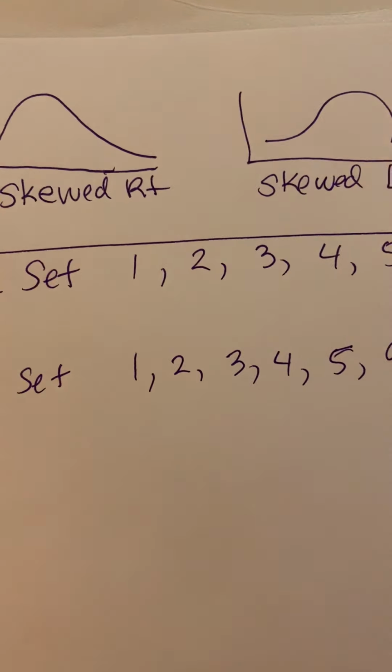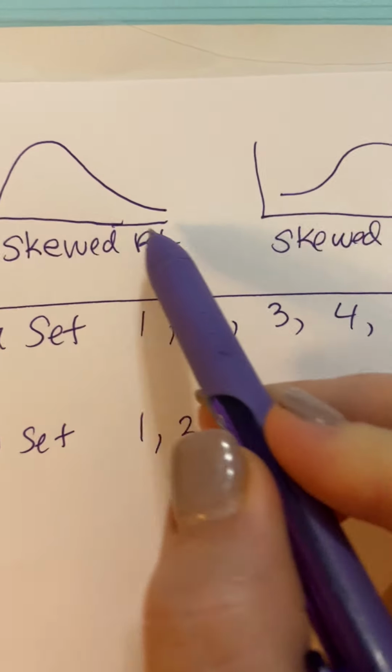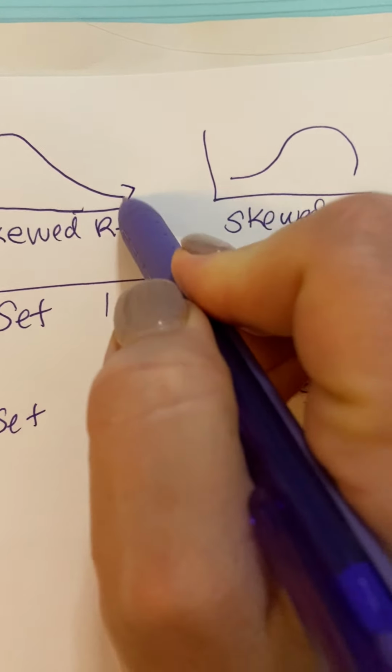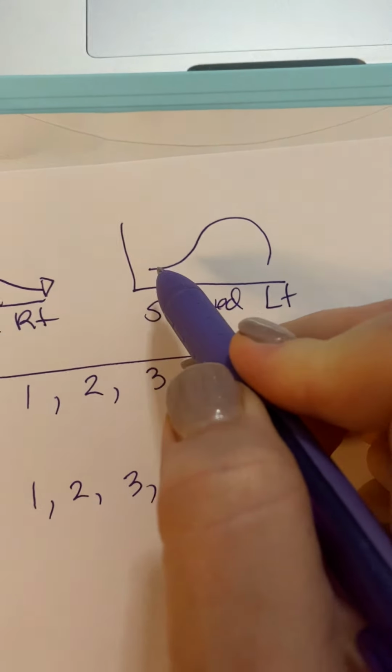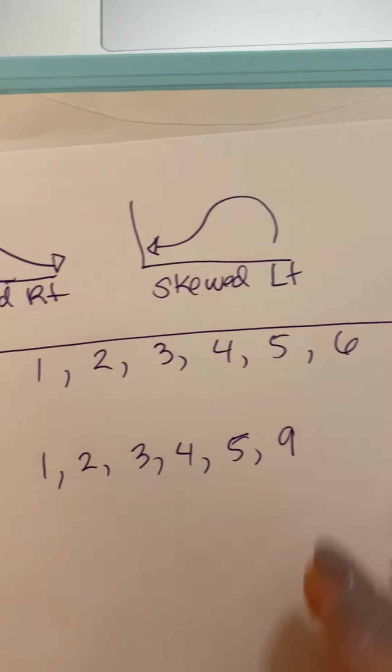So first of all, remember, skew to the right looks to the right, the tail goes to the right, and skew to the left, the tail goes to the left. Okay, so number 3 on your